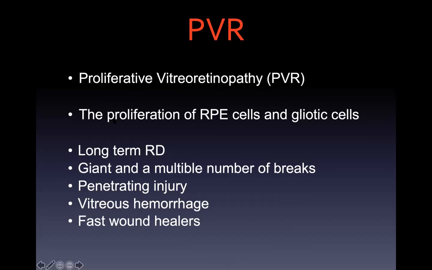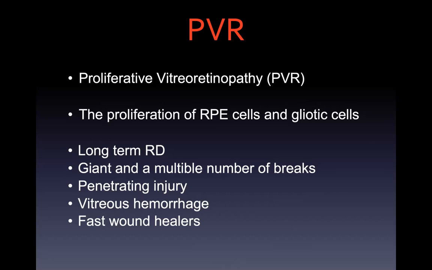PVR is caused by proliferation of retinal pigment epithelial cells and gliotic cells. They form contractile membranes over or under the retina, causing a contraction of the retina, and this prevents reattachment of the retina in most of the cases. This is seen in long-term retinal detachments, giant and multiple retinal breaks, and it can be seen in penetrating injuries, or since it causes some granulation tissue, and if there is a vitreous hemorrhage